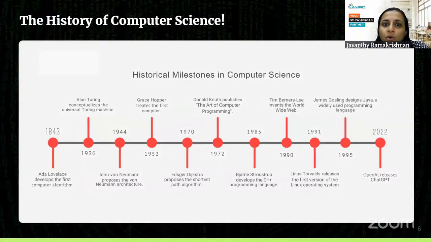And I'm assuming that all of you here have some interest in computer science, which is why you have decided to join this session today. So all of these names may be familiar to you. You may have read about them before, or you could find some inspiration if you go back and read one of their articles, one of their books or something. You will see how they thought, their thought process, and you'll be able to gain some inspiration from that.